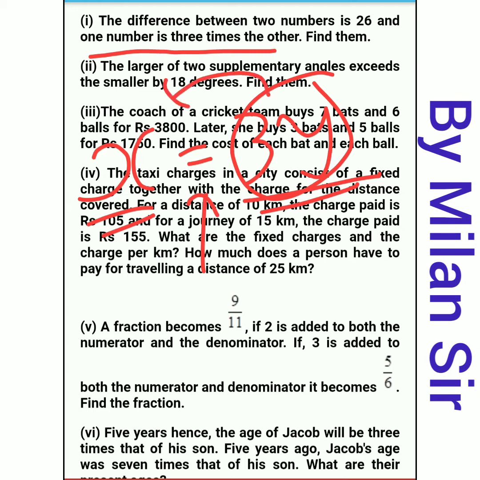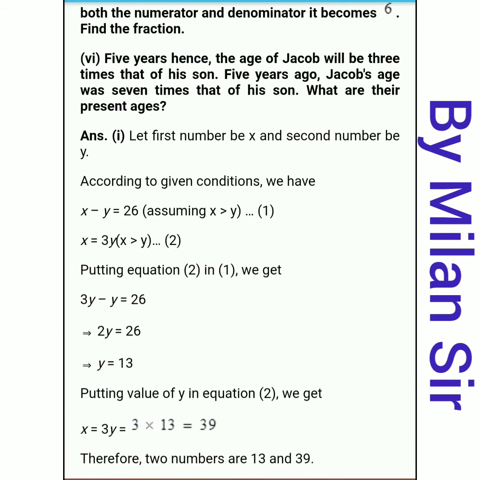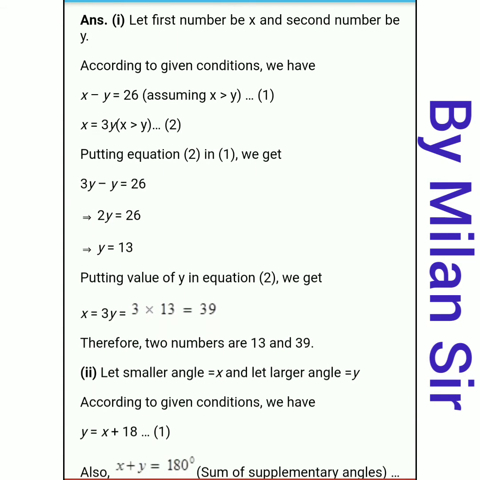Now transfer this 3y to the left hand side? Otherwise take as it is, because we want our value of x. Here we directly get the value of x, so directly we can put the value of x in equation number 1. So here we do not transfer our 3y to the left hand side. Just take as it is and call it equation number 2. Okay, so our two equations are ready. First equation: x minus y is equals to 26.